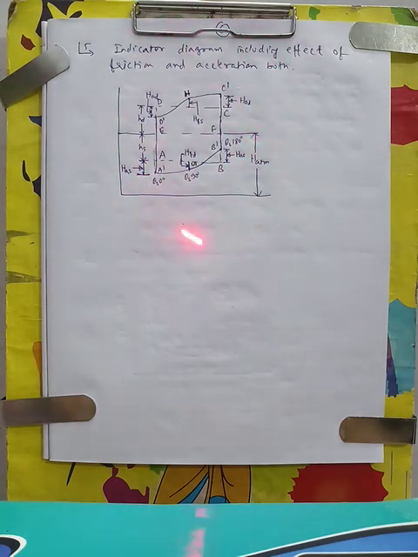So this is all about the indicator diagram. First we saw the ideal indicator diagram when no effect of acceleration and friction is taken. Then we saw the effect of acceleration on the ideal indicator diagram. Then we saw the effect of friction on the ideal indicator diagram. And finally we saw the effect of acceleration and friction simultaneously on the ideal indicator diagram. So all these indicator diagrams we have seen.